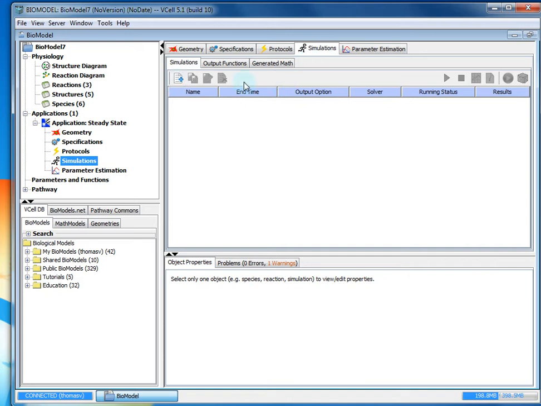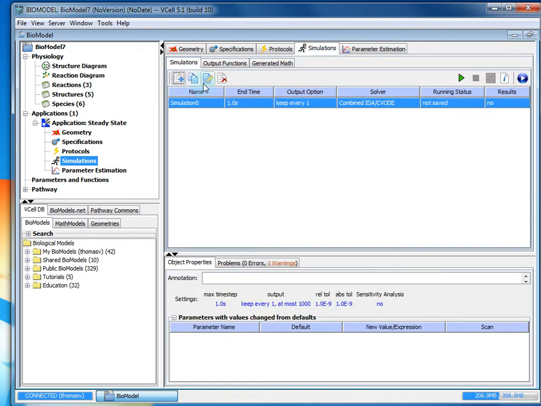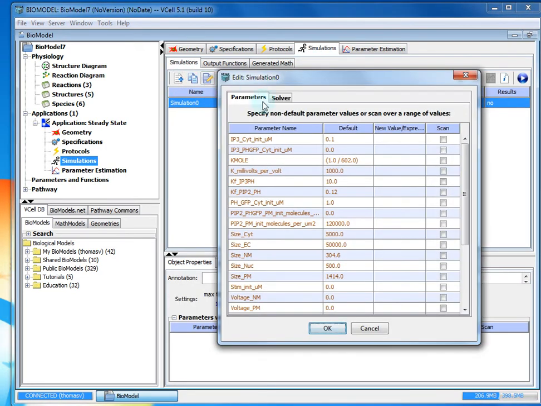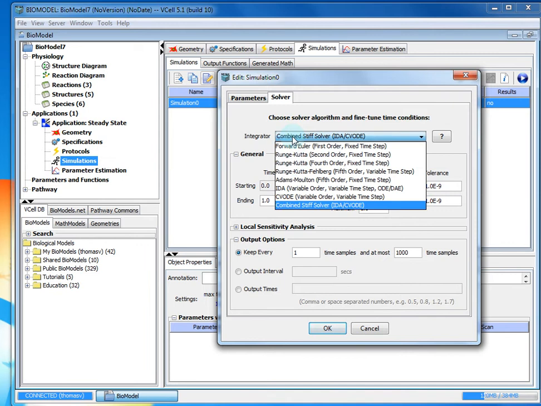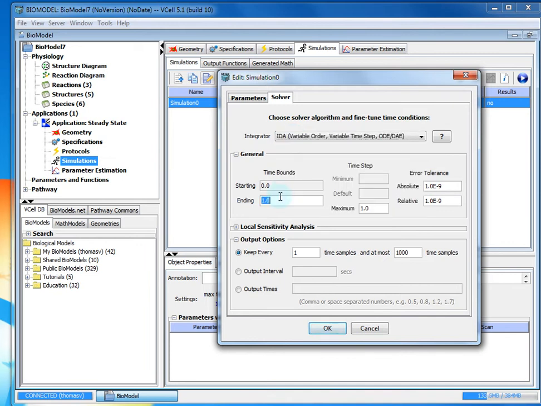So now it's time to create the simulation. So we're going to add a new simulation, select edit. We can leave the parameter as the default values and head straight to the solver. The integrator is going to become IDA, and the ending time bound will be 30 seconds. The time step will become,